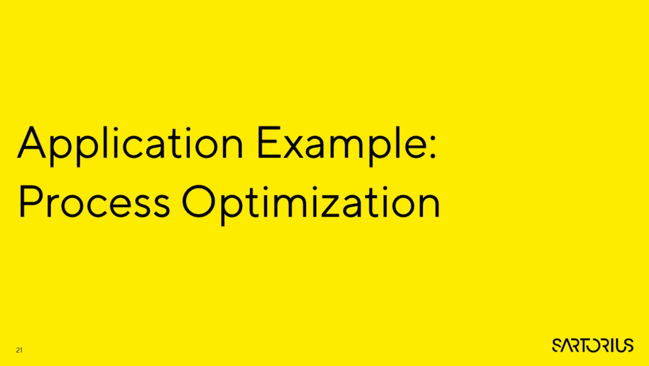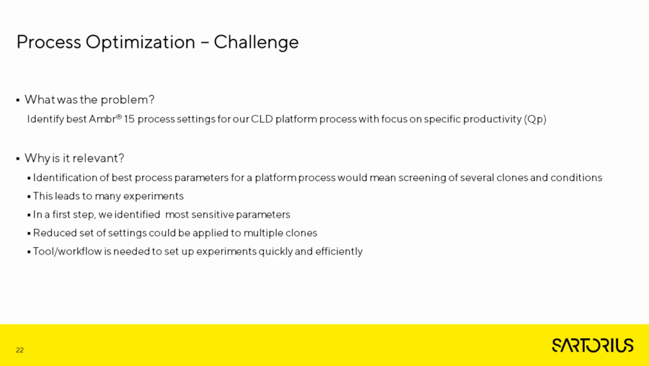And now I want to show you another application example, which is going in the direction of process optimization. So here, the challenge was to identify the best EMBER-15 process settings for our CLD platform process with a focus on specific productivity, or also QP. Typically, an identification of best process parameters for a platform process would mean screening of several clones and conditions, which then automatically leads